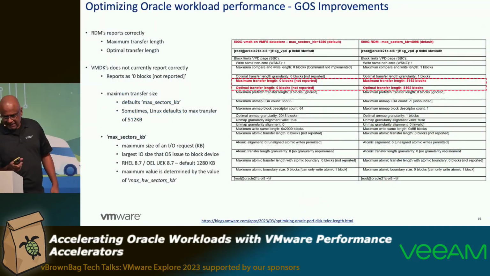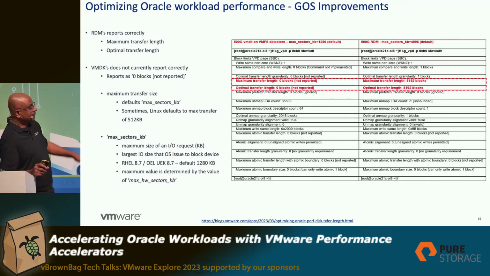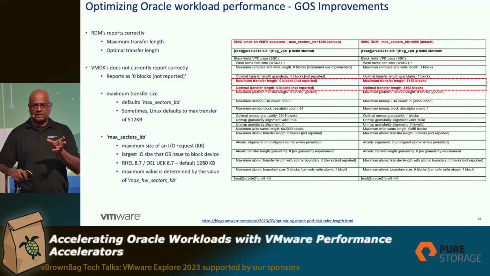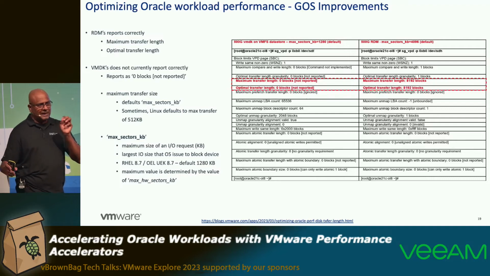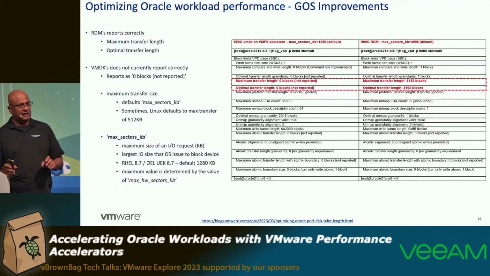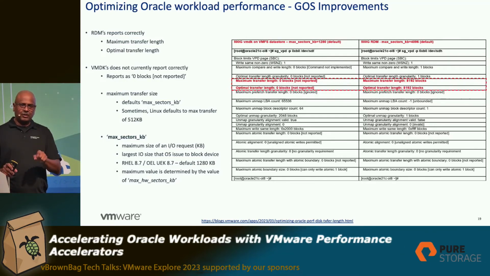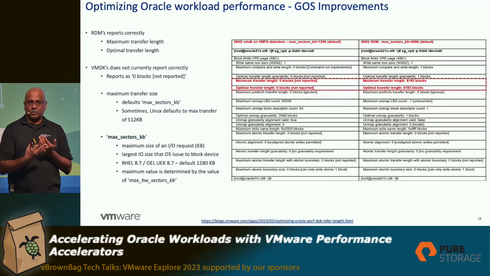So I think I have like 7 minutes. I probably should be able to cover a bit more. But this is important, right? I am assuming most of you are Linux guys, right? So on Linux, when you go to a particular disk, you start looking at the disk, there's a parameter called max sectors KB, right? That's how much IO I can push on that particular disk, which is a VMDK at the end of the day, correct? And there's another parameter called max hardware sectors KB. That's set on the driver level. That's what the hardware vendor basically says: you cannot push more than that.